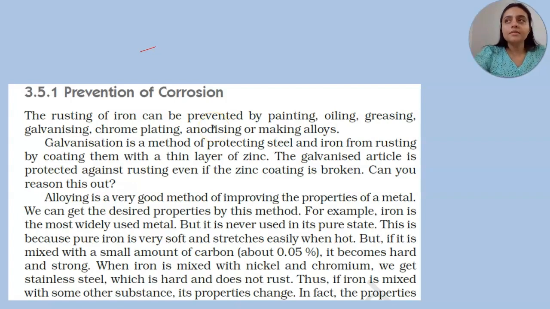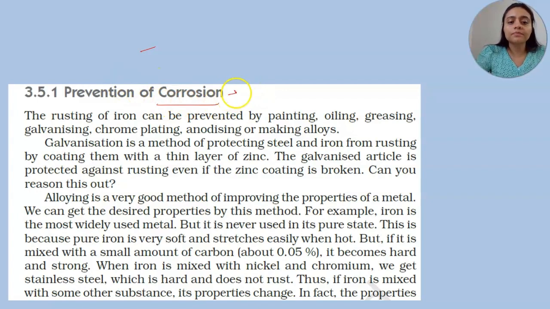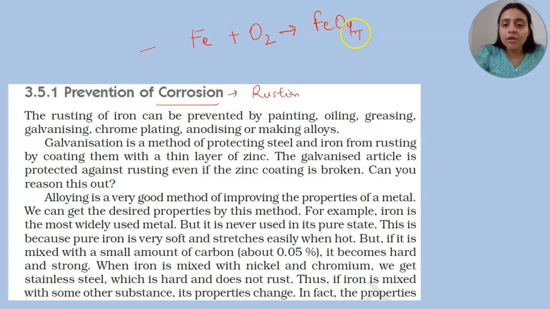There is one more concept discussed by NCERT, that is corrosion. Corrosion is considered as rusting, right? Usually corrosion or rusting happens on iron metal. When iron reacts with oxygen, it gives iron oxide, Fe3O4, right? Whenever iron oxide is formed, it is termed rusting. We can polish the iron metal, or we can get a coating of zinc on it, and that coating of zinc is known as